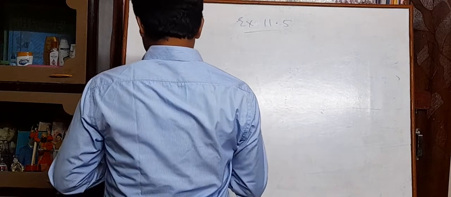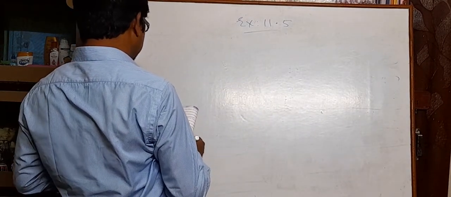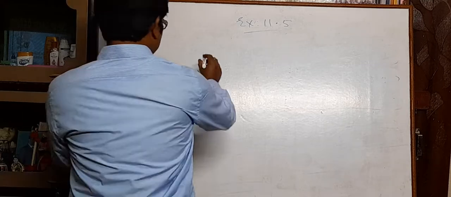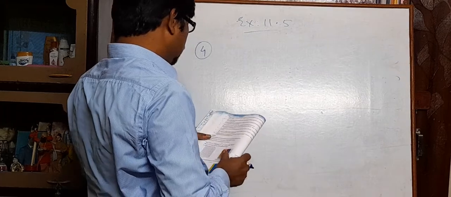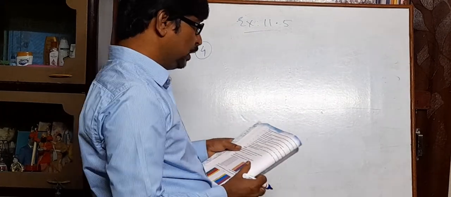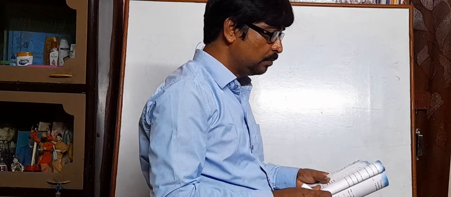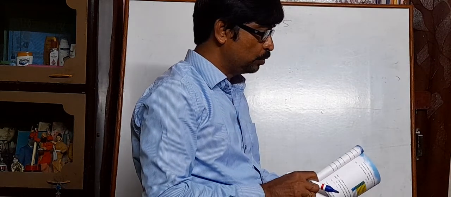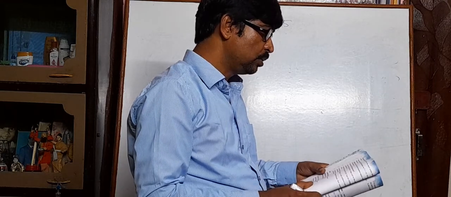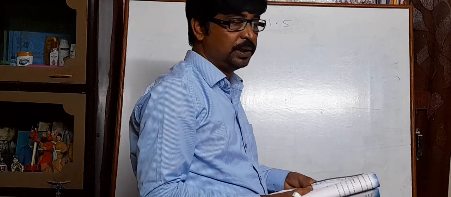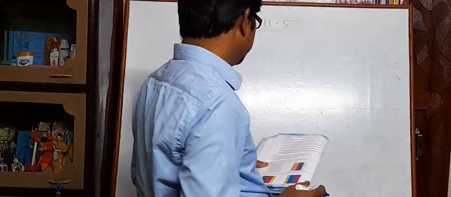Next question. Questions number 2 and 3 both are, I think, addition. Okay, now see question number 4. Question number 4: Mona went to the market with rupees 158.60. She purchased some vegetables for rupees 117.85. How much money is left? When there is "left", what does it mean? You have to subtract.